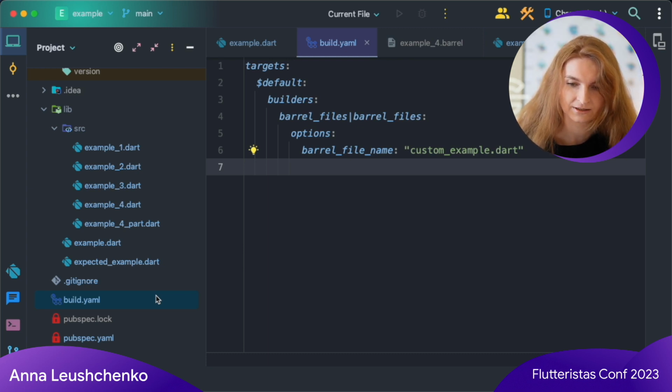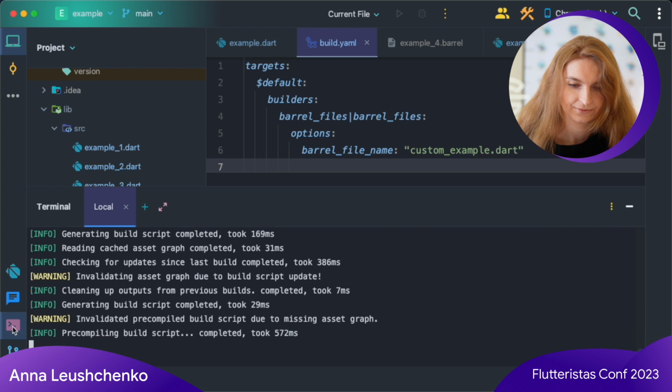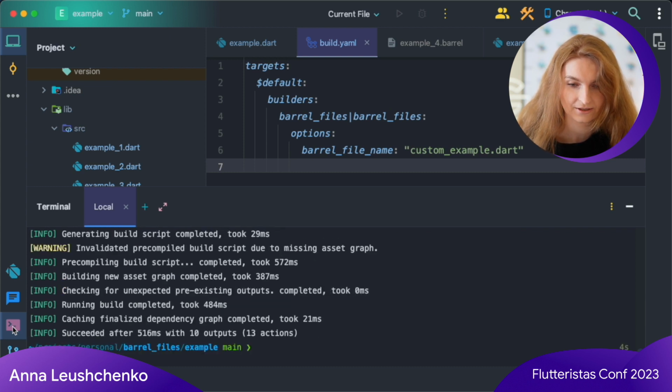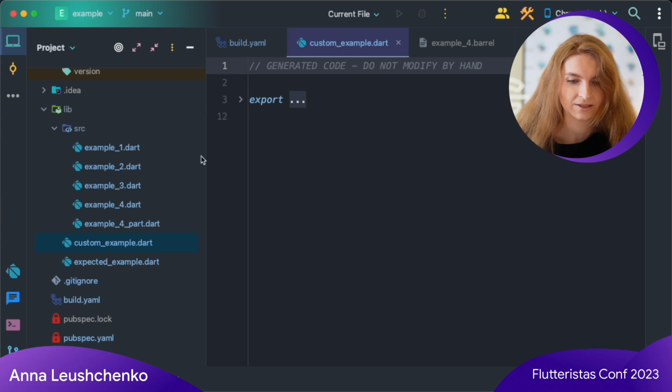So here I ask the generator to name the output file as customexample.dart. I can now rerun code generation, and we see that previously generated example.dart file has disappeared, and instead we have a new customexample.dart file with the same content.